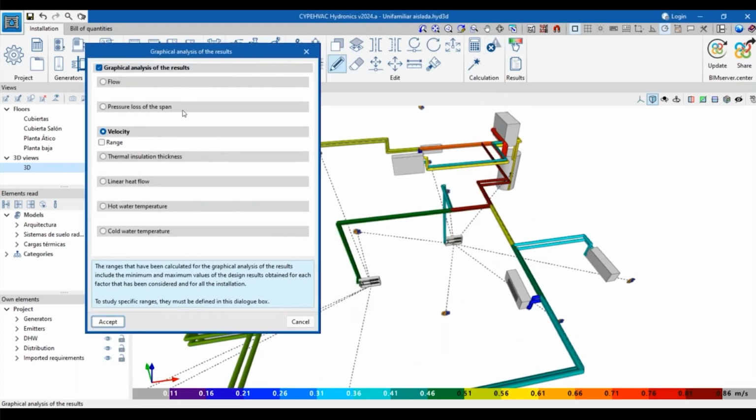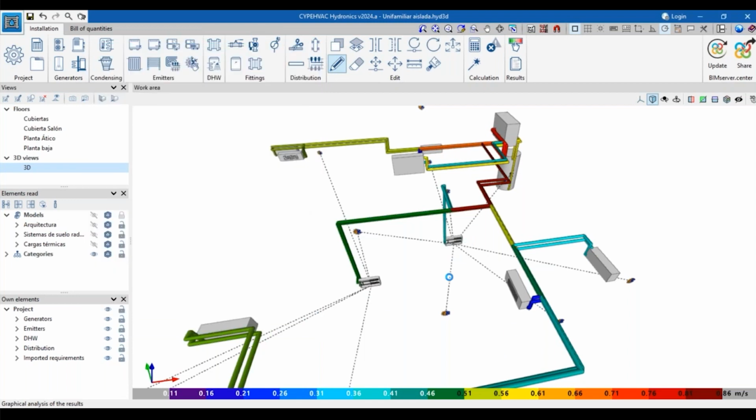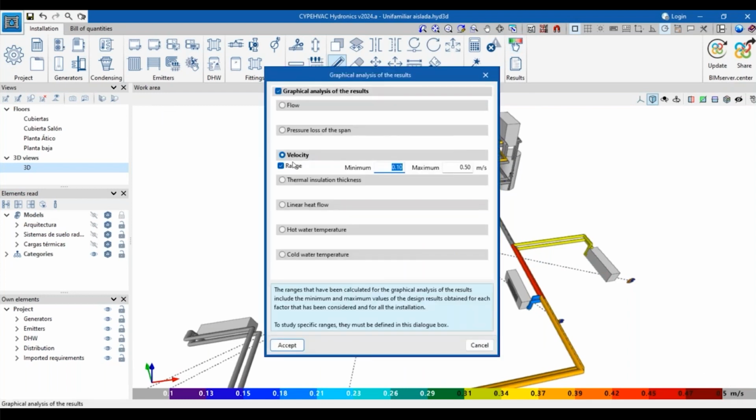For example, I would like to see all the elements that have a maximum of, I don't know, 0.5. Everything that is more than 0.5, and what is between 0.1 and 0.5, I can see that. So I will see the colors according to the maximum that I defined here. And we'll have the same situation for thermal insulation thickness, linear heat flow, hot water temperature, cold water temperature, and that's a very nice result that can help us decide, when we are designing, which is the best solution, the best layout for